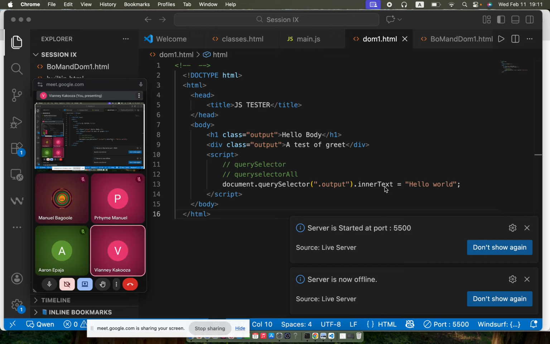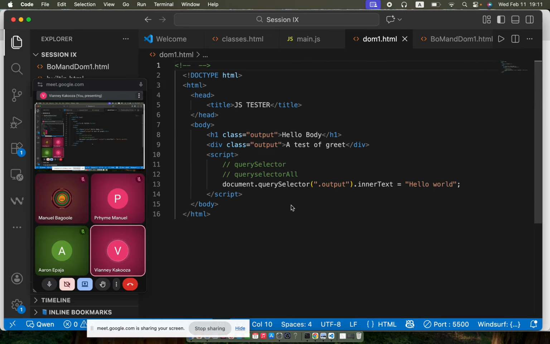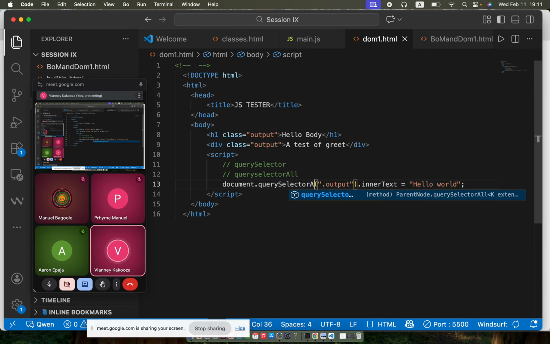You can now change the entire HTML. So when I do the dot output on query selector, I will only access the first class that has the output. And the way the website is read, it's read from top to down, the way the HTML document is read. If in case I want to make the effect to both of these classes, I'll use query selector all,